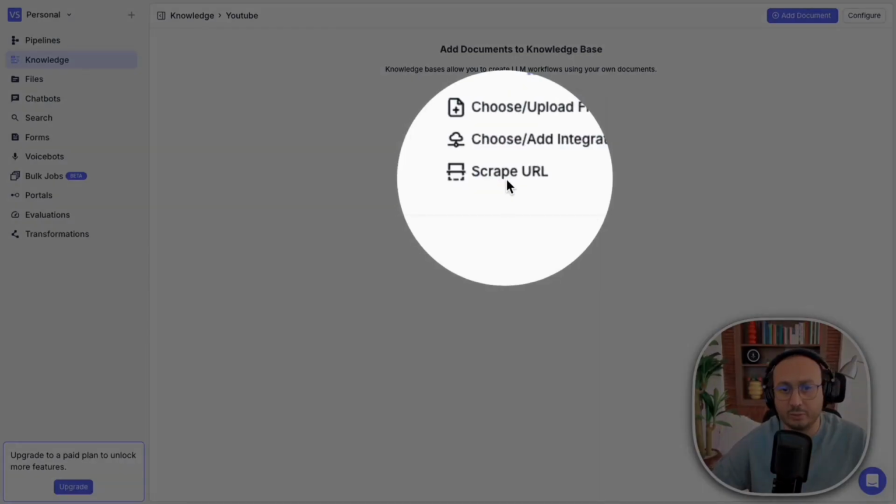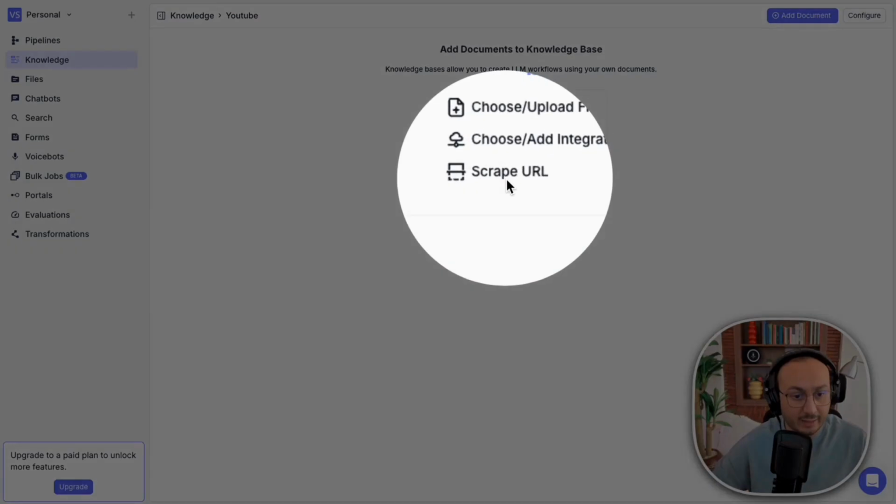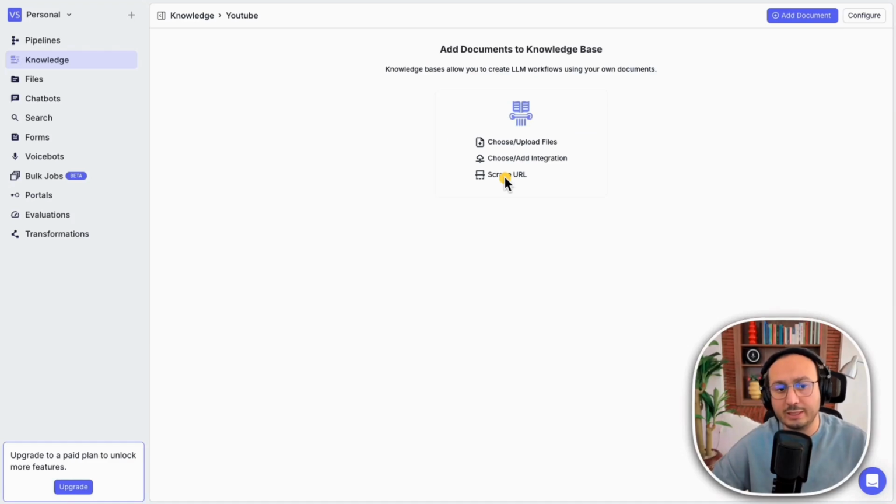I can give it the URL of my website because I know that on my site, for example, there is the FAQ, everything related to questions and answers. And I say that it's very important for it to refer back to that link. As a result, I give it the ability to view and retrieve all the data and information on my website. So if I go back to my